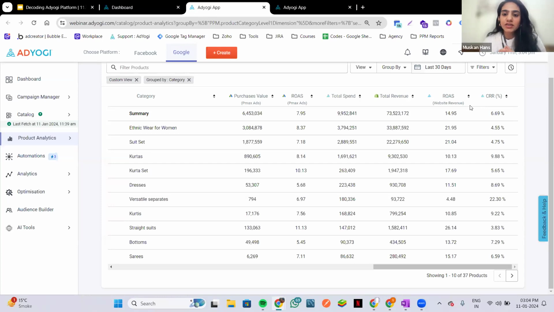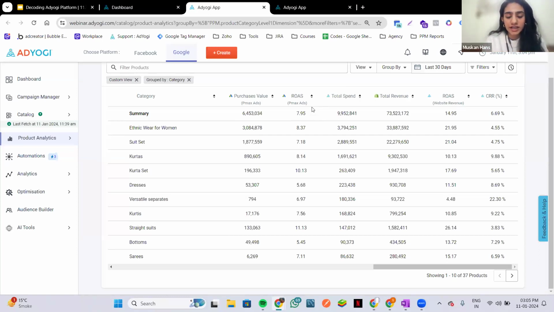So basically, the ROAS that you see in the second last column from the left, which says website revenue in brackets, is to give you clarity that it's a blended ROAS and a combination of two data sources. That is, in the numerator we have our website revenue, and in the denominator we have an addition of your catalog ad spends from Meta and Google, to give you an understanding of how each and every category is performing in your catalog ads. While on the second column